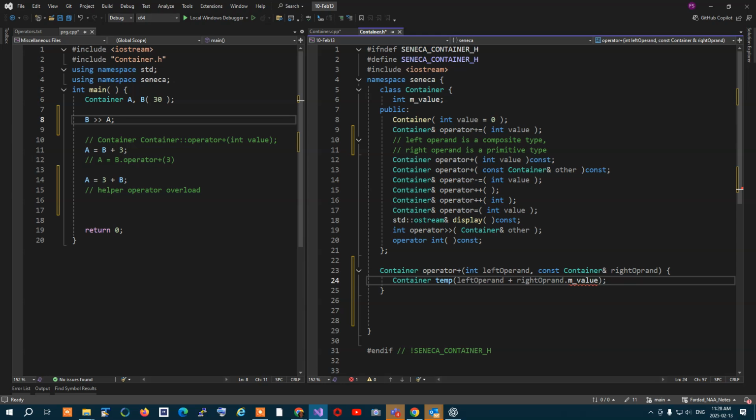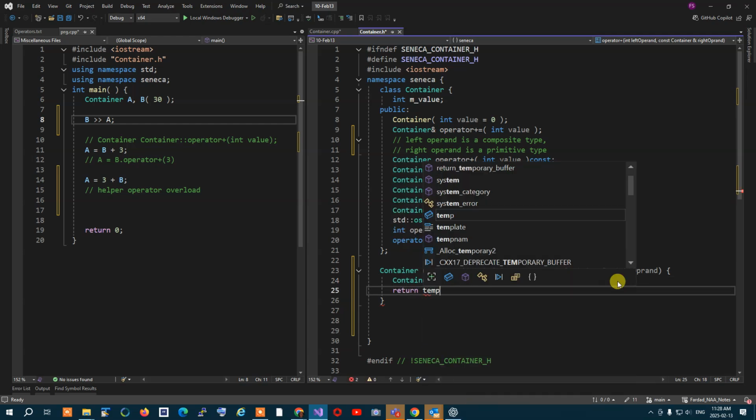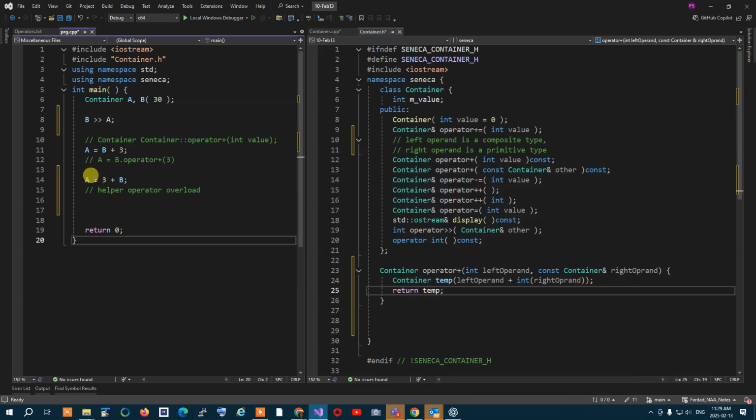Can we just use the right operand, because the operator casting function is public? Ah, who said that? I'm Anderson. Anderson, you just got 2% for your midterm. Thank you so much. We just created a cast that casted a container into an integer, and what it returned was the value of the container. Therefore, it's done. Now I'll go over here, return temp, and now the operation is actually